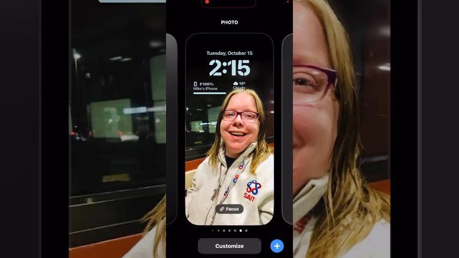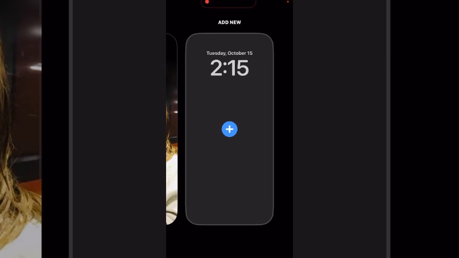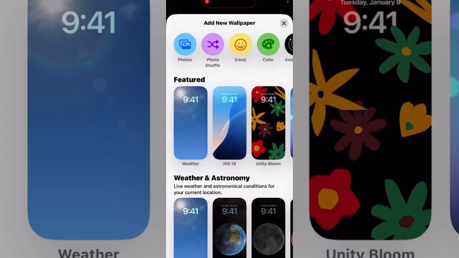Customize and personalize your iPhone any way you want to. The first thing you need to do is swipe down to reveal your lock screen. Then long press and swipe over so that you reach this lock screen here. Along the top of this panel, which is titled Add New Wallpaper, you've got all of the options that you've